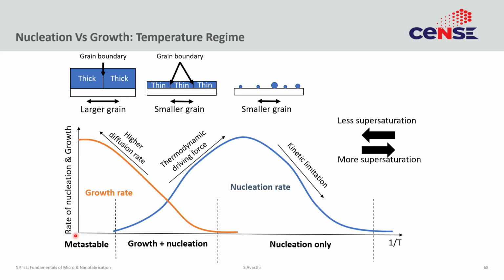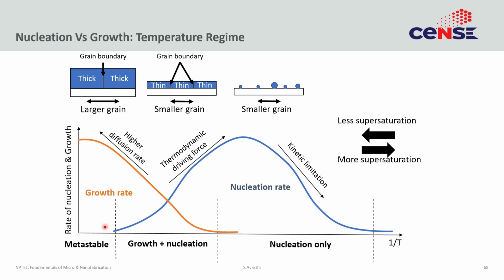You see, thermodynamics predicts things that will happen given infinite time, but if you do not have infinite time, while you are waiting for that infinite time, kinetics tells you how fast that process will occur. So, in practical systems, by playing with what must happen at equilibrium and by playing with the thermodynamic and kinetically controlled products, you can actually get different materials. Anyways, coming back to this. So, this is the metastable region. Here you are not nucleating even though your growth rate is very large. So, practically speaking, this is not very useful for CVD.